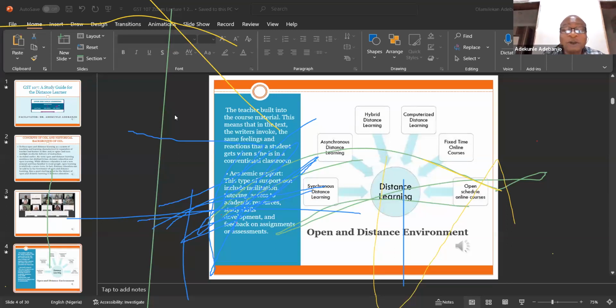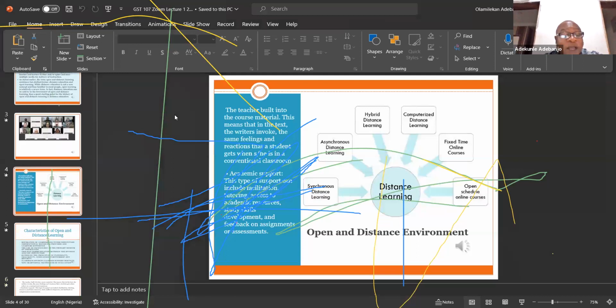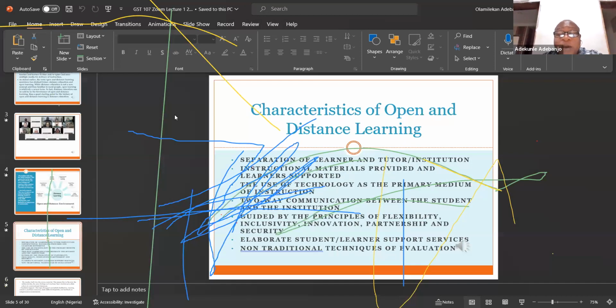I've explained that. So the academic support we are giving you, you can see you are having it both in synchronous and asynchronous. What do I mean by synchronous? The synchronous is what we are enjoying now. All of us are seeing ourselves and we are listening to what we are doing. The asynchronous one is the one you listen to later and you can react. I can get feedback from you. I can ask you questions. I can say, okay, what have you learned today? We can now talk about what we're about to do.